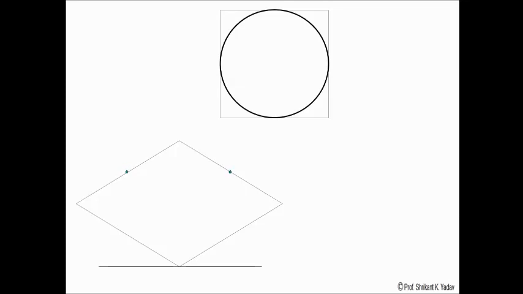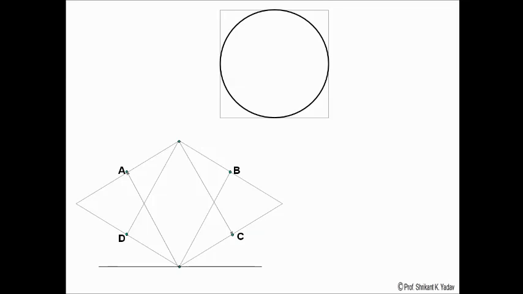Then you have to find out the midpoint of the edges of that square and give nomenclature as A, B, C and D. Then you have to identify the shortest diagonal from this rhombus. Then you have to join the shortest diagonal points to the opposite edge centers. So it means the bottom point of the shortest diagonal you have to join with A and B points, and the other point of the shortest diagonal you have to join with D and C points, which are the midpoints of the